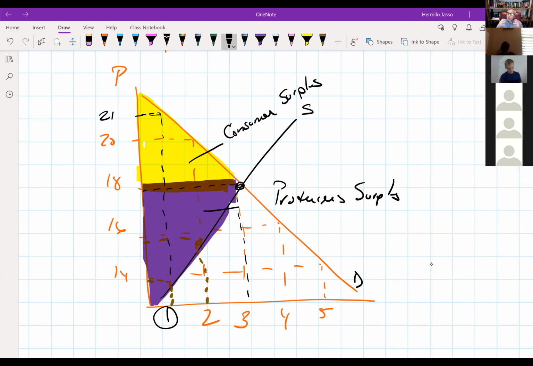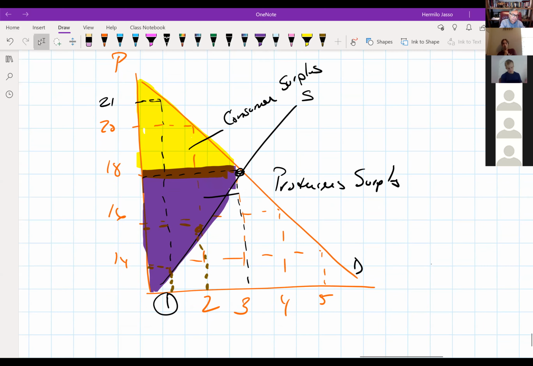In other words, the market itself determines prices. But as a whole, there are a lot of individuals who always end up buying the product at a price cheaper than what they were willing to pay. And think about you guys. Think about the last thing you consumed. Any of you give me an example? What was the last thing that you purchased?